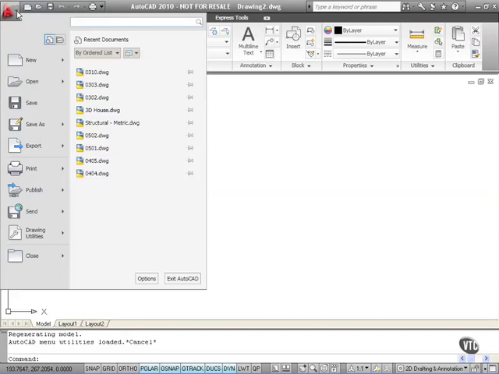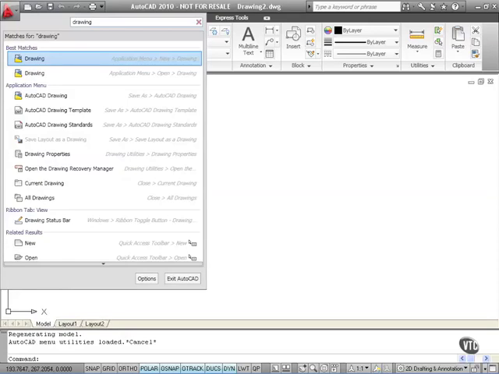It doesn't replicate the old pull-down menus in previous versions of AutoCAD anymore. It has been streamlined for access to common tools in AutoCAD 2010. So for example, in the search box at the top here, I can search for a drawing name or a word within AutoCAD in one of the help screens, for example. So if I type in the word drawing,